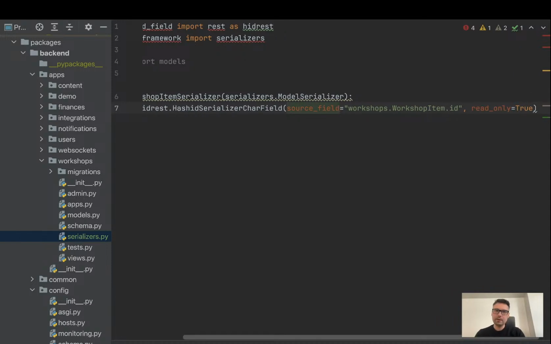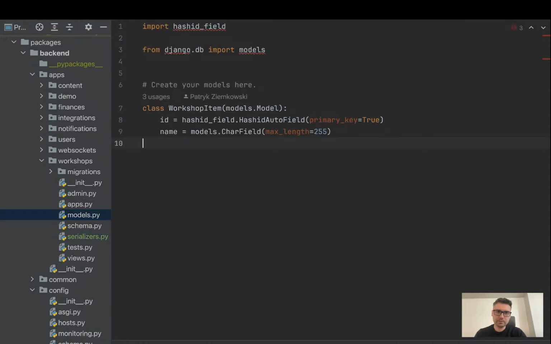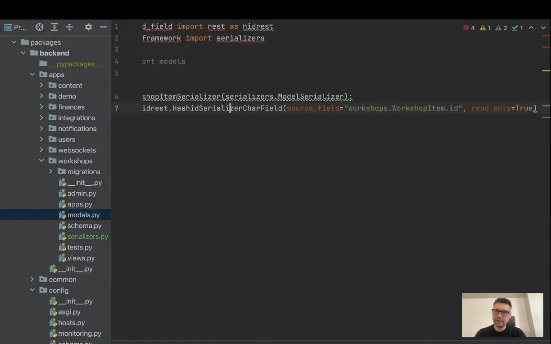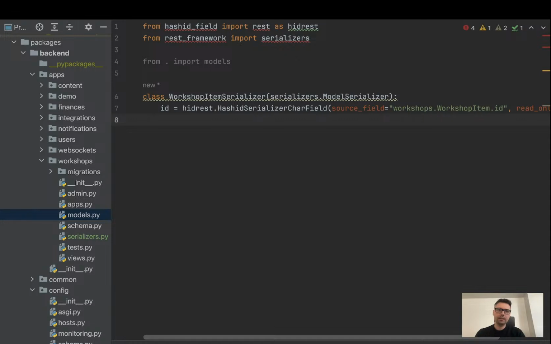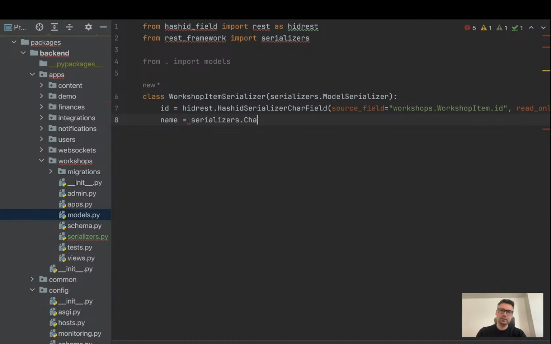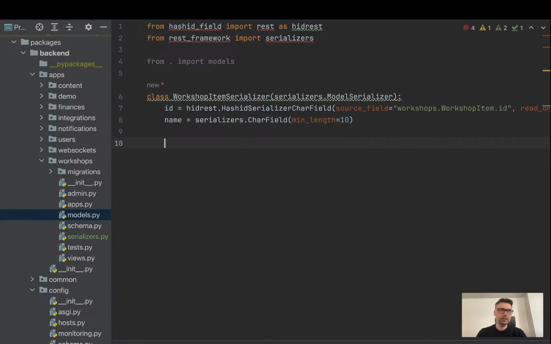there's an error, and you just specify a source field. So that's a source field for our model, right? So WorkshopItem.id, that's our primary key. It's read-only, of course. We don't want anyone to change our ID, and then name, which is CharField, and we're going to set up a minimum length just for the sake of it, to see an error returned from